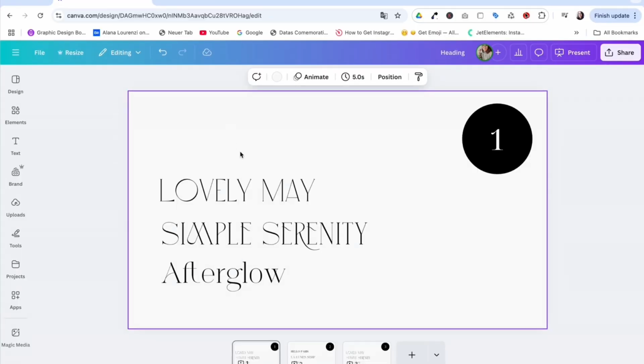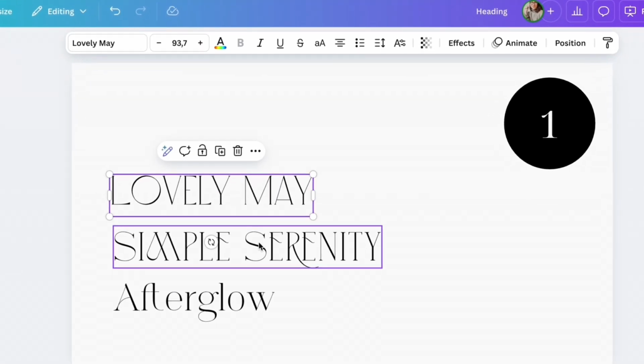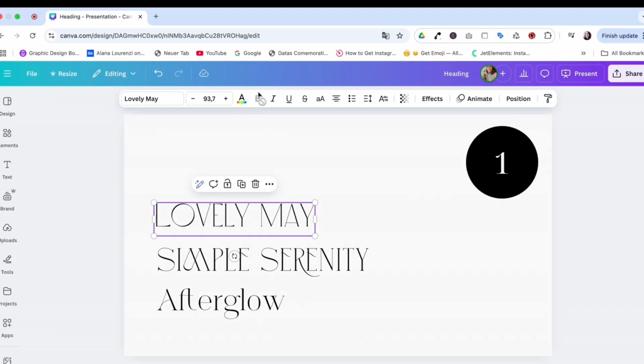In today's tutorial, I'm going to share with you 3 Canva font hacks that you definitely need to know. I am sure they're gonna help you improve your designs. Let's go! The first hack is whenever you have some fonts in Canva, as you can see, some of them